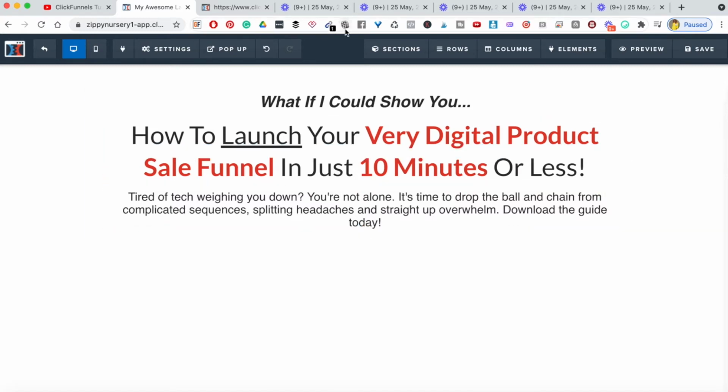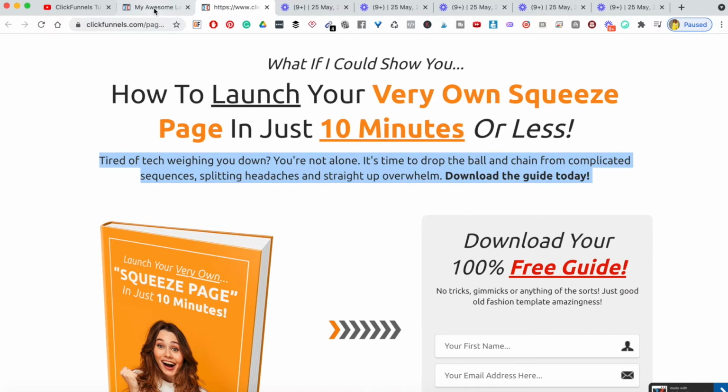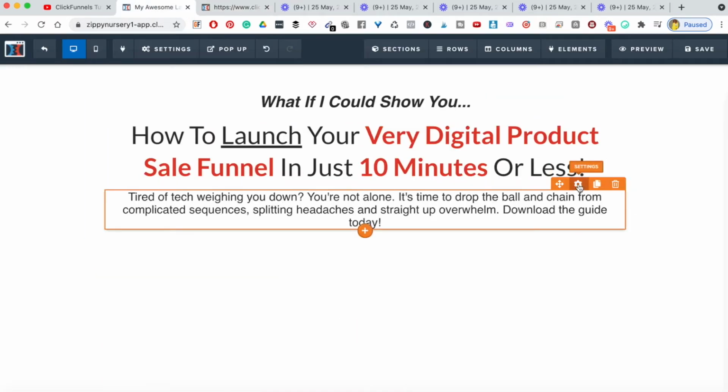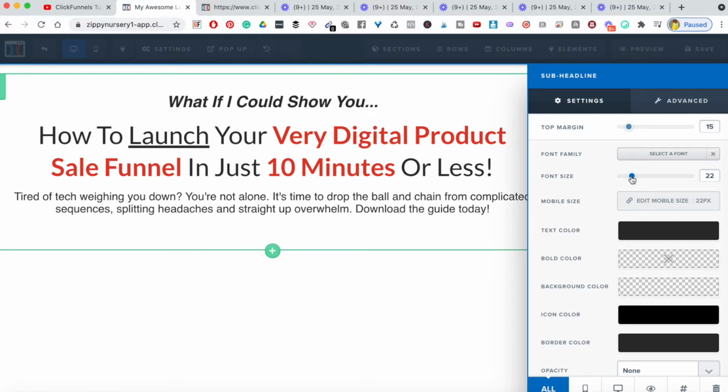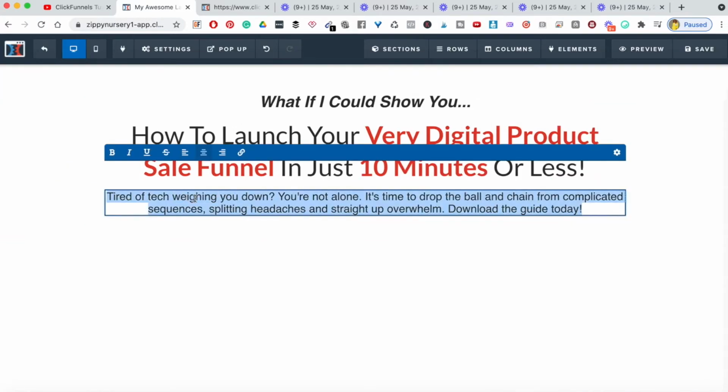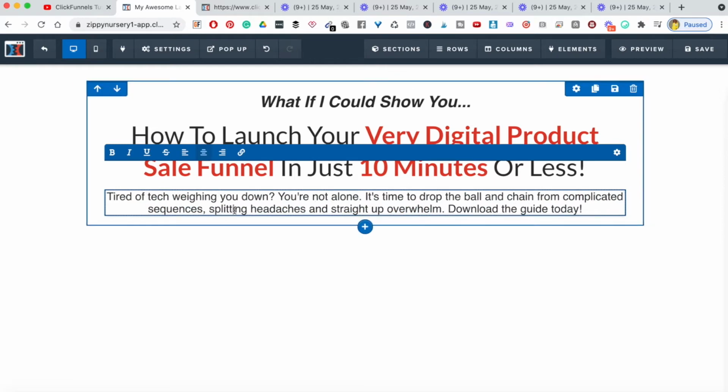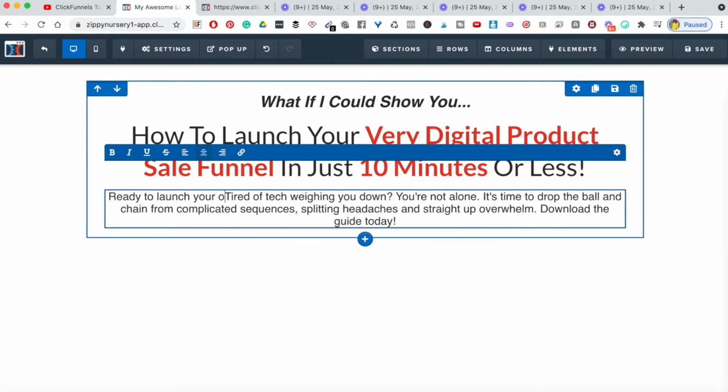So over here, I want to make it a little bit smaller, right? So I'm going to hover over here and I am going to make it smaller. So maybe let's keep it at 22 over here. Then I'm going to read this to see where I can modify the side of tech weighing you down. You're not alone. It's time to drop the ball and chain from complicated sequences, splitting headaches, and straight up overwhelm. Download the guide today. So I could say ready to launch your own income boosting